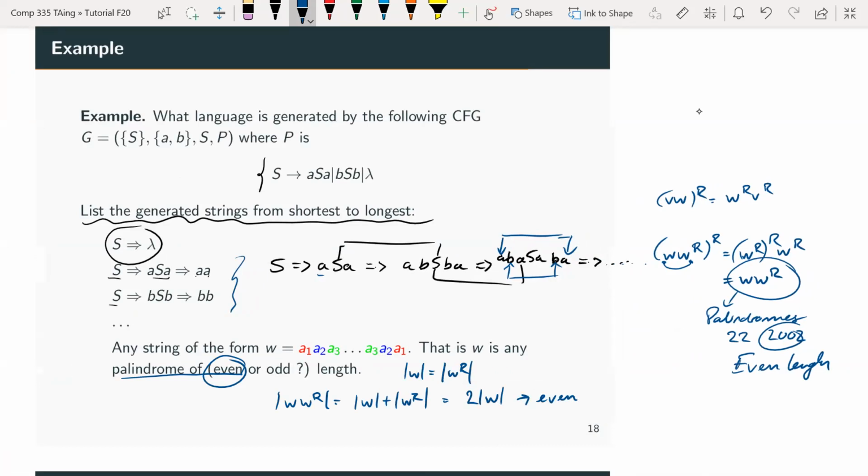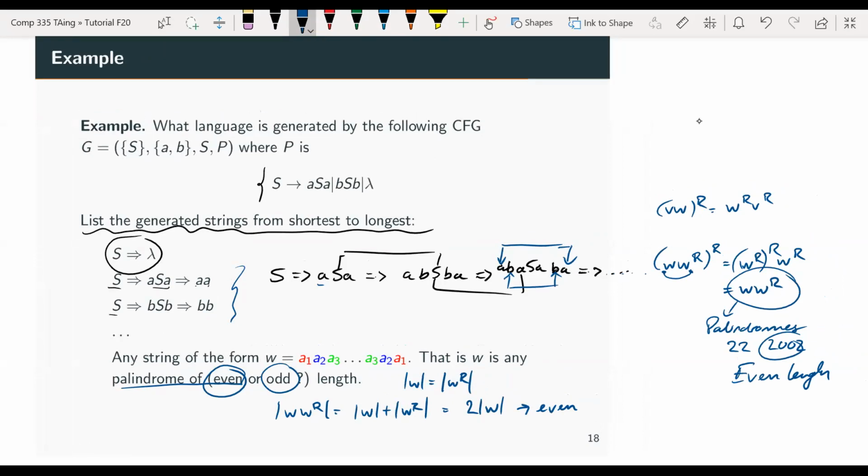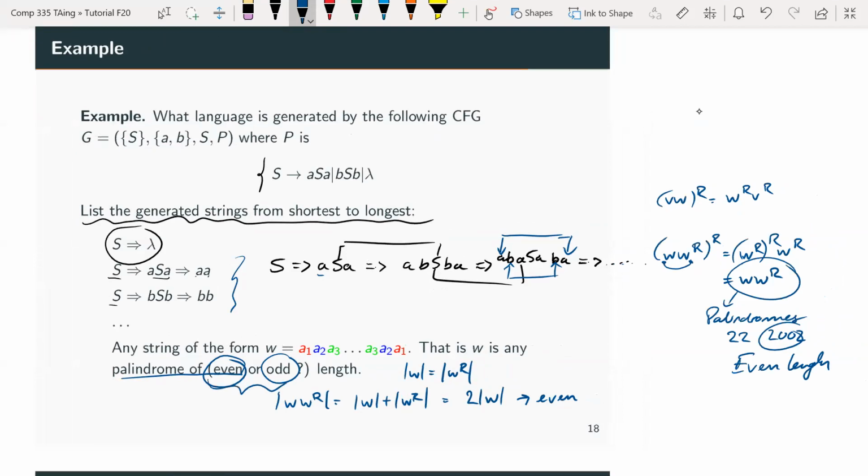And so I leave it to you as an exercise, and I'm sure you're going to actually see this in the lecture, so it might not be an exercise, to do it for only palindromes of odd length, and then to do it for palindromes of even and odd length. So I'll leave that to you. Maybe you can try that